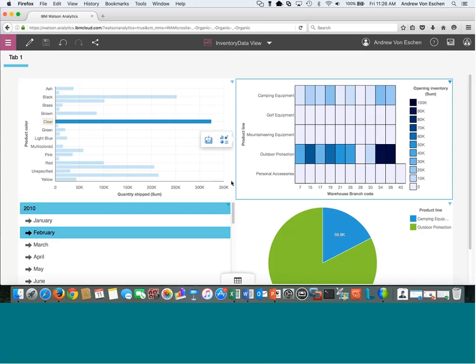So there's a lot more to Watson Analytics. I know we're running a little short on time. I hope this was very beneficial. I want to open this up for Q&A. If there are any questions about Watson Analytics, what it's doing, how it's working, we'll open up the phones here for the next 3 or 4 minutes. So feel free to unmute and fire away.